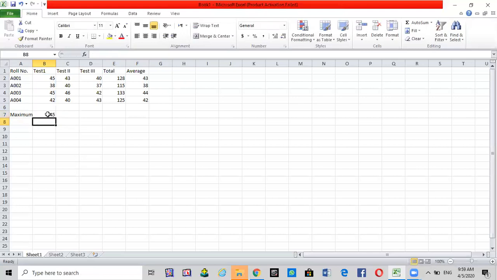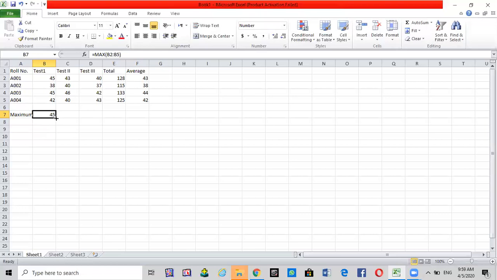Now here it is telling you that the maximum marks in test 1 was 45, which is a correct answer. Similarly, if I want to find out the maximum marks in test 2, because it is already calculated for test 1, I can calculate it for test 2 and test 3 by just using the autofill handle, which is here.